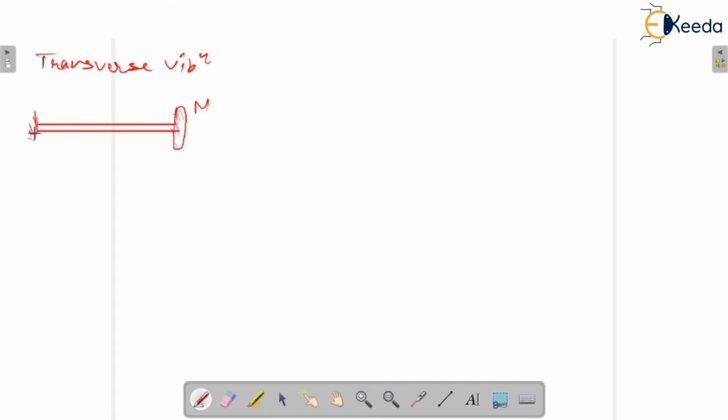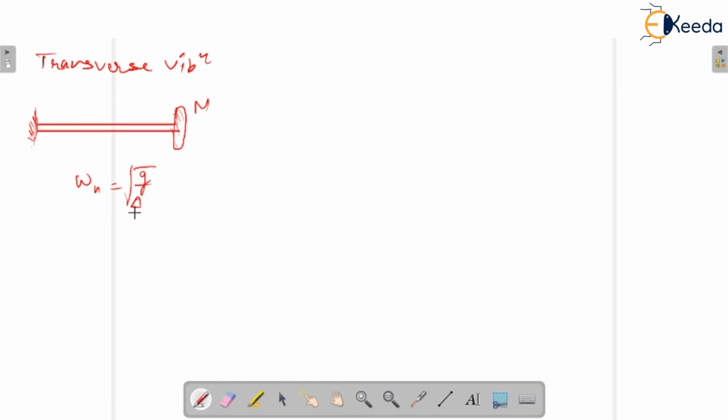So it would be the cantilever. You know that in the strength of materials you study the cantilever shaft. That means at the end of the cantilever there is a mass which is attached. So if you want to find out the frequency, that would be under root of S by m. We know that S by m is also equal to g by delta, because we have seen in the Rayleigh method omega n is equal to root of g by delta also. So what is the value of delta?